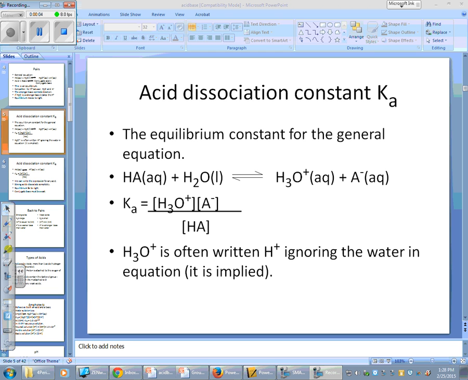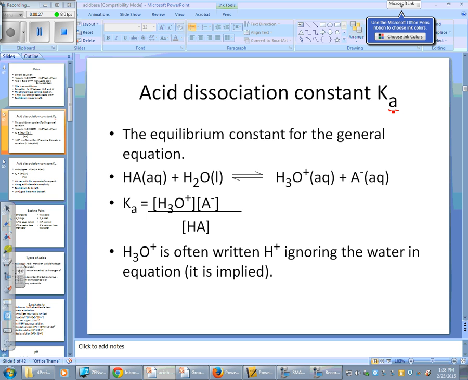Focus on the acid dissociation constant. So we're talking about equilibrium within acids and bases. We'll go through both of those here today. All right, so the acid dissociation constant, when we were dealing with equilibrium, we just dealt with K. Now it's going to be called Ka because it is the dissociation constant for an acid, and then Kb will